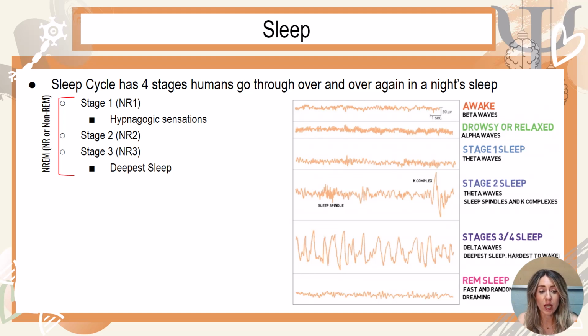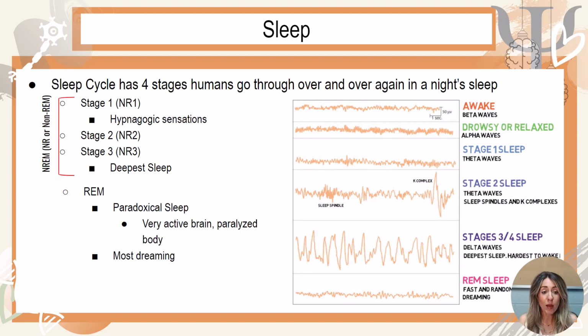So that leaves our 4th stage, which is REM, right? And REM stands for rapid eye movement, right? And that's because your eyes really do rapidly shift underneath your eyelids during this stage. And we think of this stage as paradoxical. So what that means is that you have a very active brain, right? The brain waves, if you look, are almost matching those of being awake, right? So your brain is highly active, but so much of the rest of your body is relaxed, so much so that your body is paralyzed. So you do not move during this stage of sleep. It's why you don't act out your dreams. And it's where the most dreaming happens. So the most vivid dreams, the most time spent in dreams are reported when woken up from REM sleep.